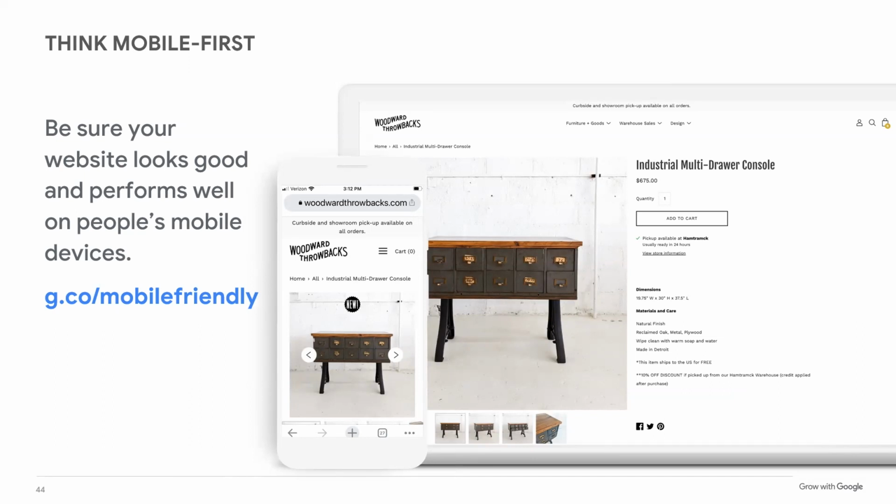In fact, try to flip that thinking. Rather than optimizing for mobile, think mobile first, because most people use a mobile device to search online. So it's important to check, does your website look good when you pull it up on a smartphone? We've all visited web pages that when we open up that web page on our phone, it just does not look good at all. It's kind of off the screen and it's difficult to navigate. So you want to make sure that your website is set up to display properly on a mobile device. And